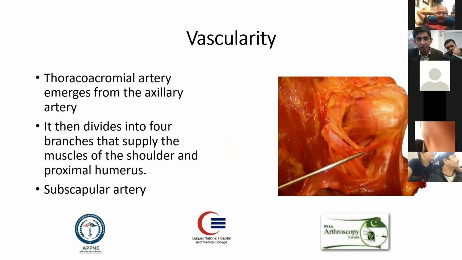So coming to the vascularity, what is basically the blood supply? It is supplied by the axillary artery. It branches into the thoracoacromial artery. It divides and provides blood to all of the adjacent structures of the rotator cuff, and the subscapular artery is a separate branch which provides the